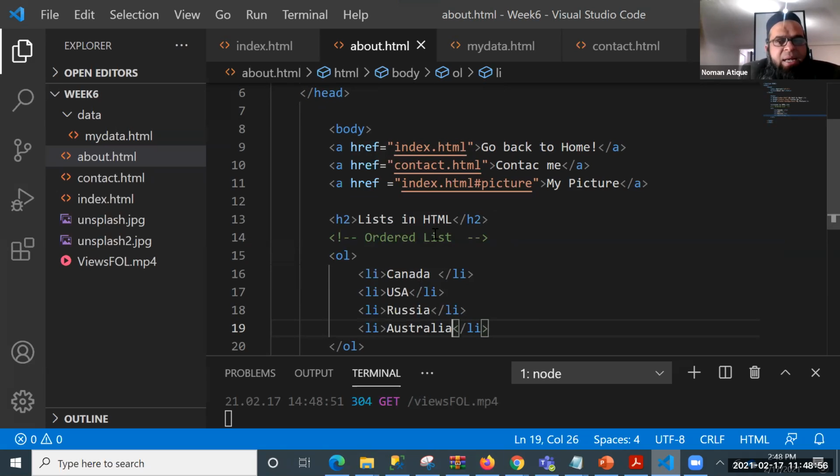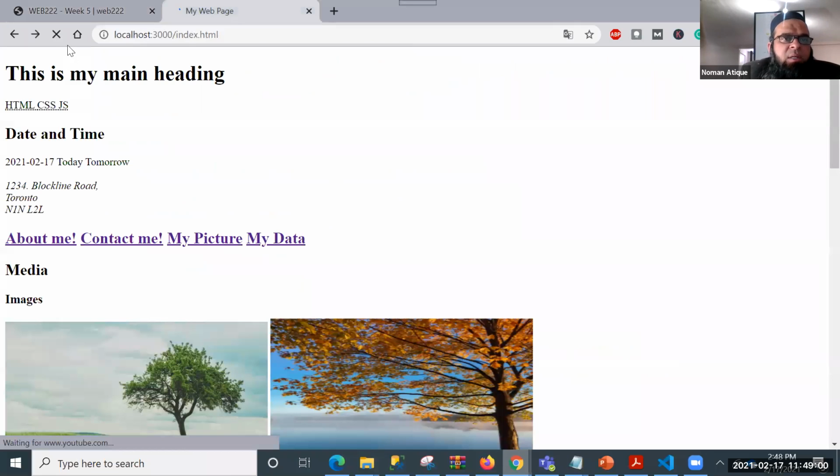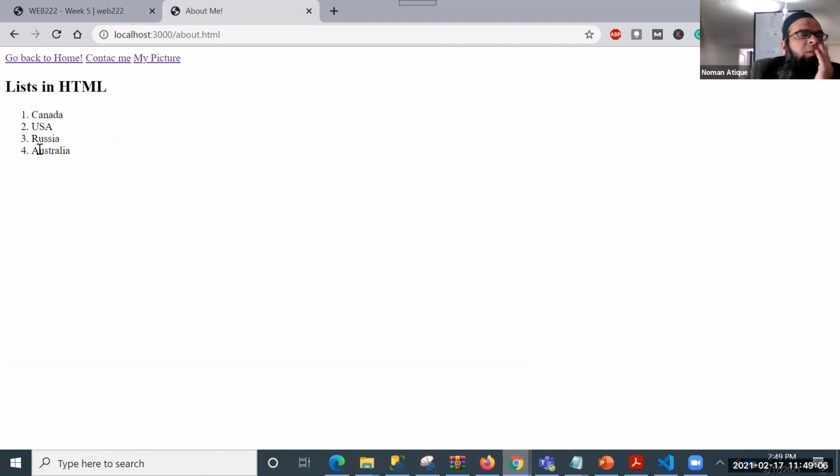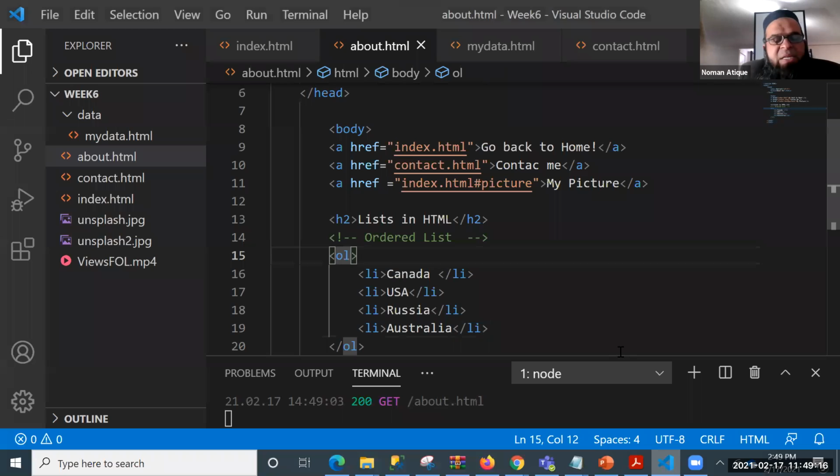Please bear in mind. Let's save this one, and let's go to our document, and let's go to our about me page. So now we have this liberty of having multiple pages. Here you see the ordered list. Ordered list is basically when you want numbering, 1, 2, 3, 4, 5, 6. And what if you want a list of ABC?